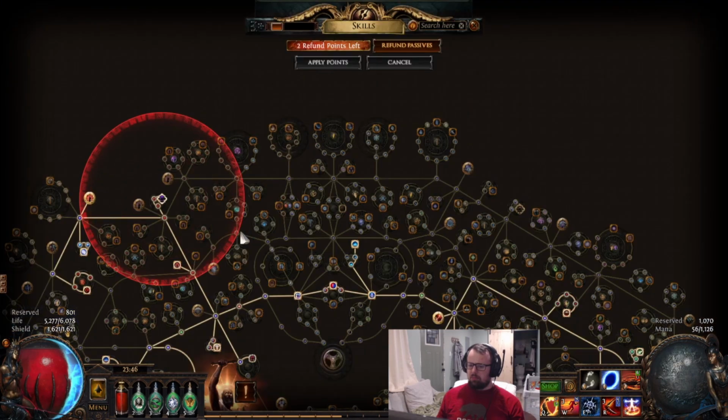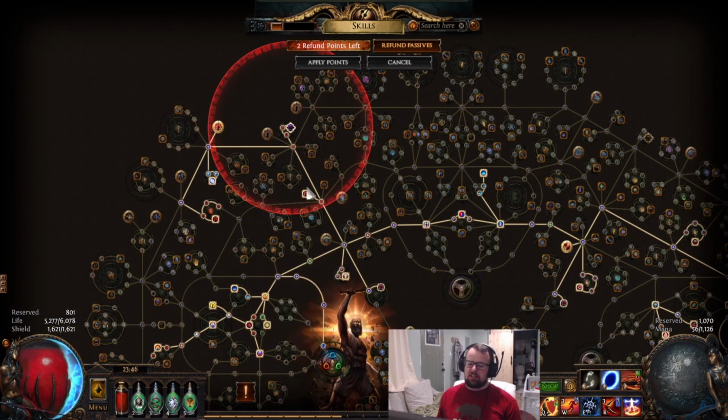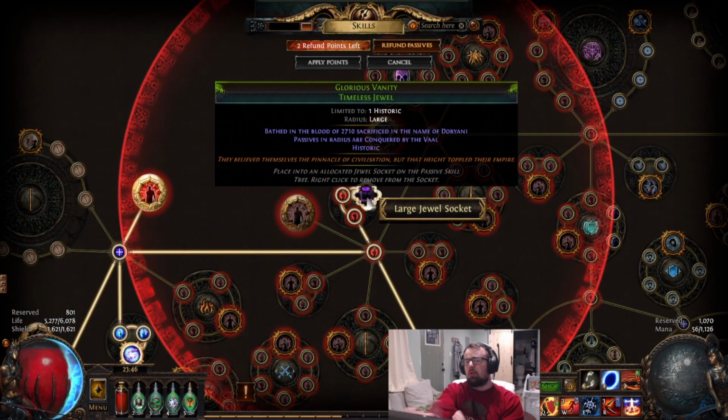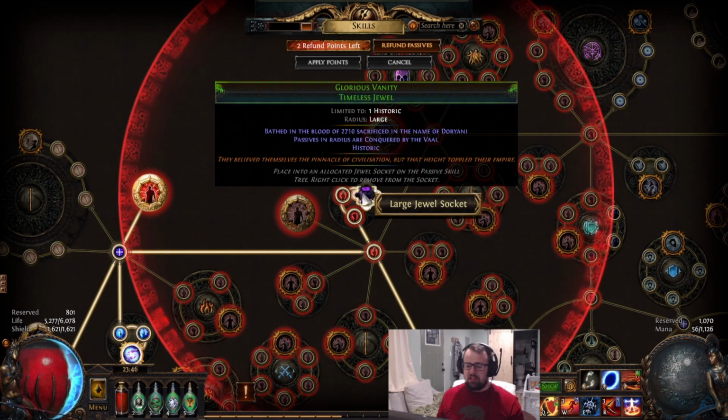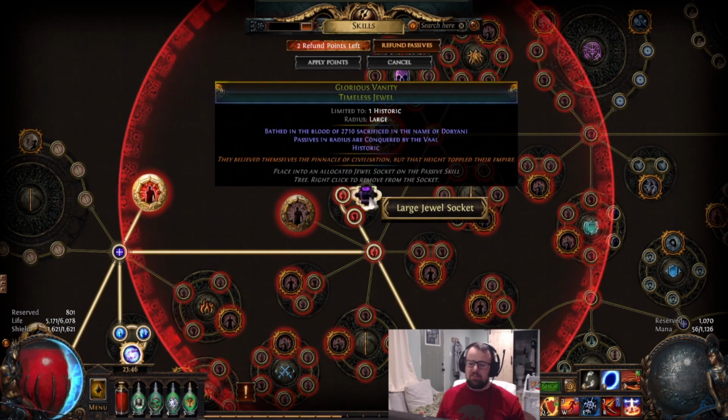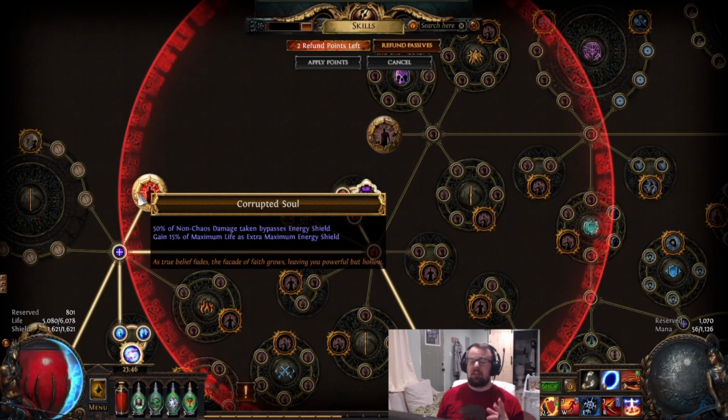For the one big upgrade we've made on this character so far, basically all the currency I grinded today went into this, which is a Glorious Vanity. This is a very important upgrade for the build for 2 reasons. First reason is it gives us a good amount of extra EHP. Without this jewel, you'll see we lose 1300 ES. The gain 15% ES or life as ES is a huge amount of ES. So 1, it gives us a bunch of extra damage mitigation, and 2, the other important thing about Corrupted Soul